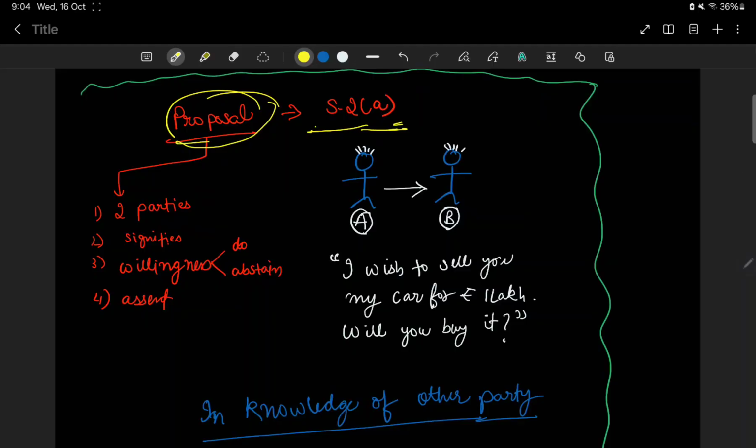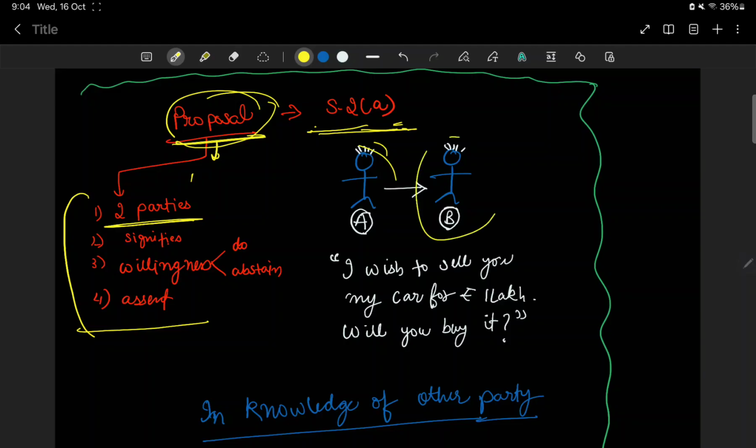See, जो हमारी definition है section 2(a) के अंदर, उसमें these are the following important elements. The definition says, when one person signifies to another. That means there has to be two parties. One person signifies to the other. Now signifies means communicate,